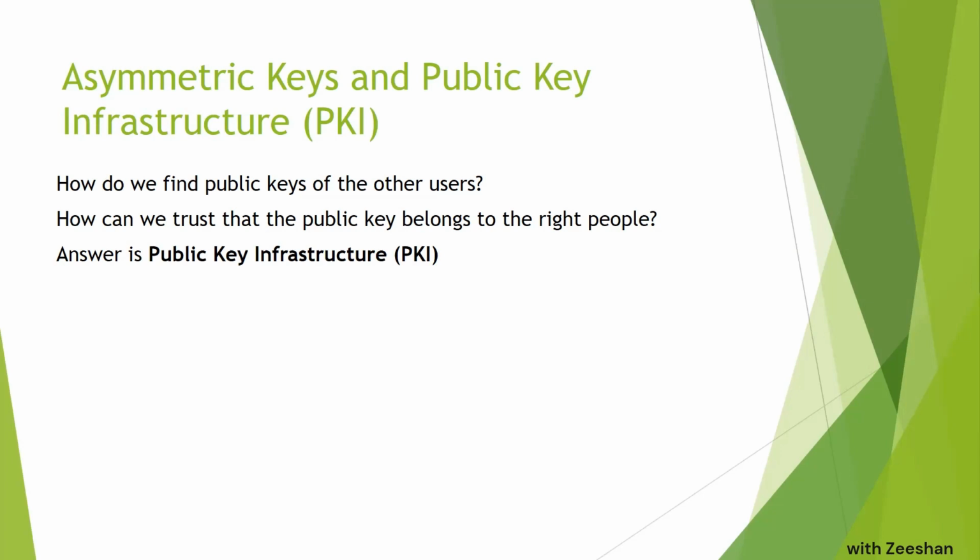That's a problem. And how do I find the keys of everybody in the world? I mean, I want to talk to you right now. Let's say I want to communicate with you. How do I get your keys? How can I get your public key? It is supposed to be public, but how do I trust that public key and how do I get that public key? Those are two basic problems right now. We know what the asymmetric and symmetric algorithms do, but now the problem is the authenticity of the key.